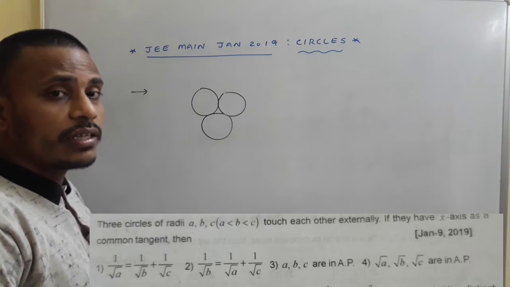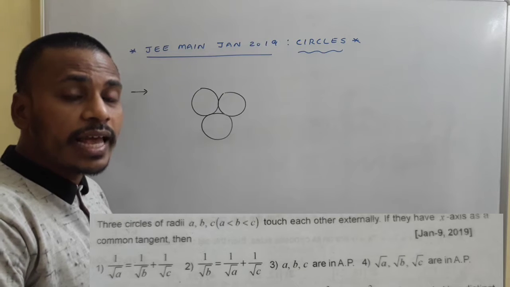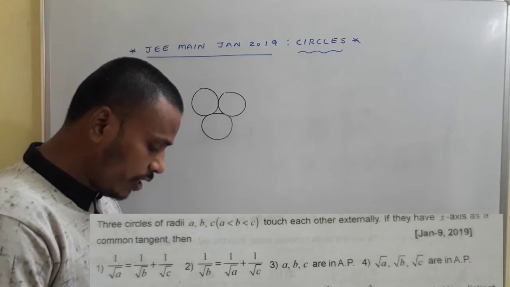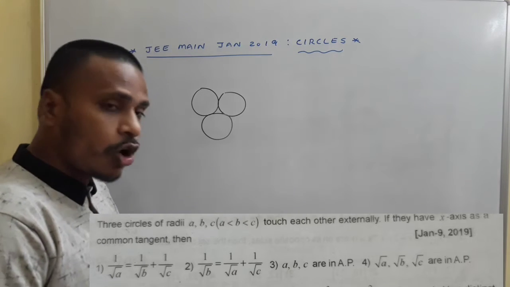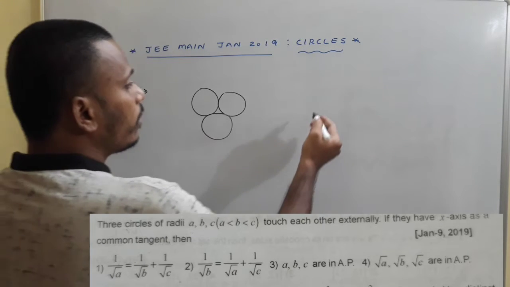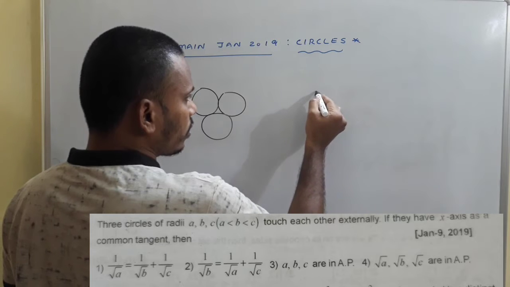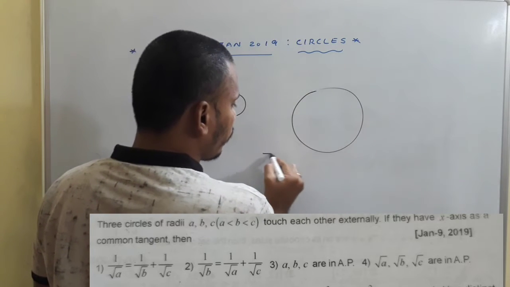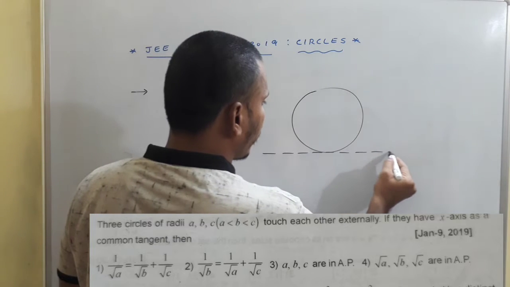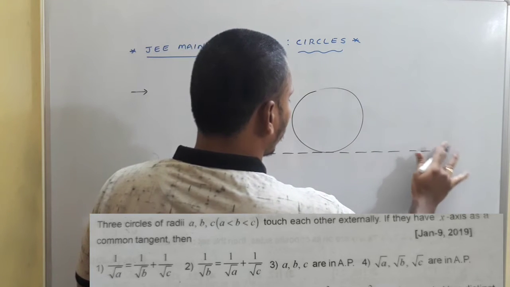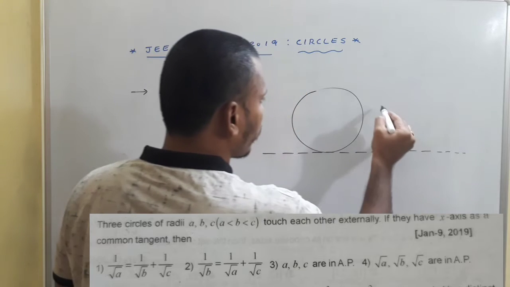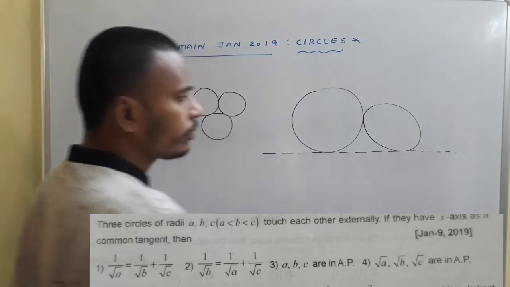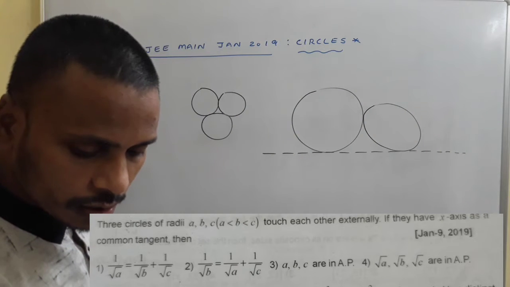But the question is saying that for these three circles, the x-axis is the common tangent. Those three are touching externally and the x-axis is the common tangent, then the diagram will be like this. Okay, see, you just sketch it very carefully. Suppose you treat this as the x-axis, which acts like a common tangent for the three circles. Okay, you just take this as another circle. And now I need to sketch the third circle.